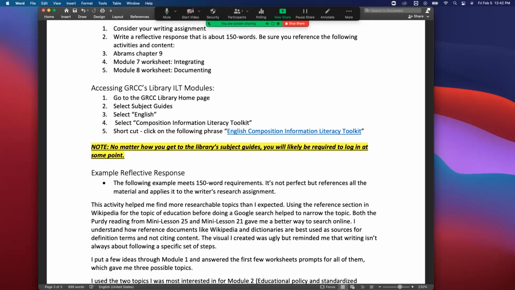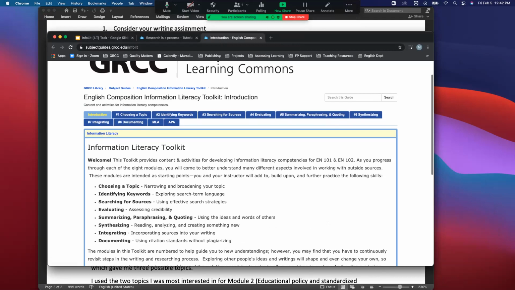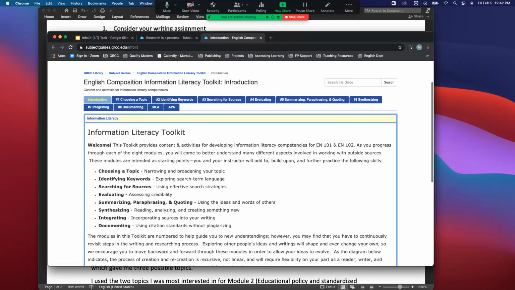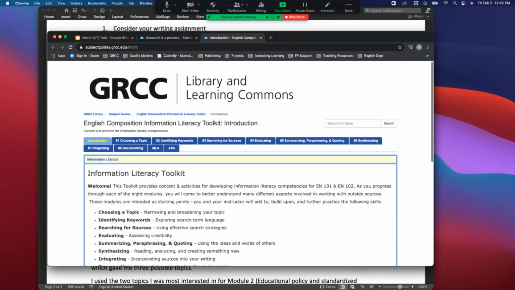And the last point I want to bring your attention to is where you find the actual toolkit that is supplied through GRCC. So you can use the link in the worksheet, or you can go directly to the GRCC library and find it. Hopefully this link works. So I'm just going to open that link. If you're not on campus, you will at some point be prompted to log in. So as you see, the link did work for me,